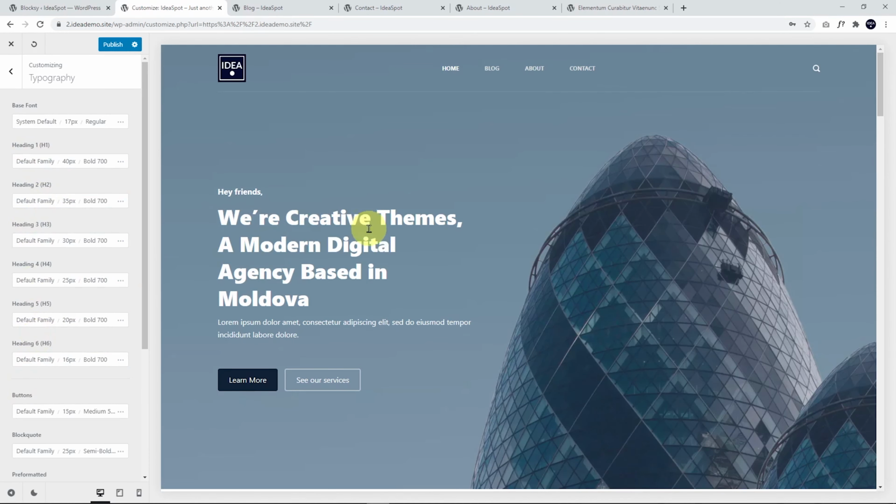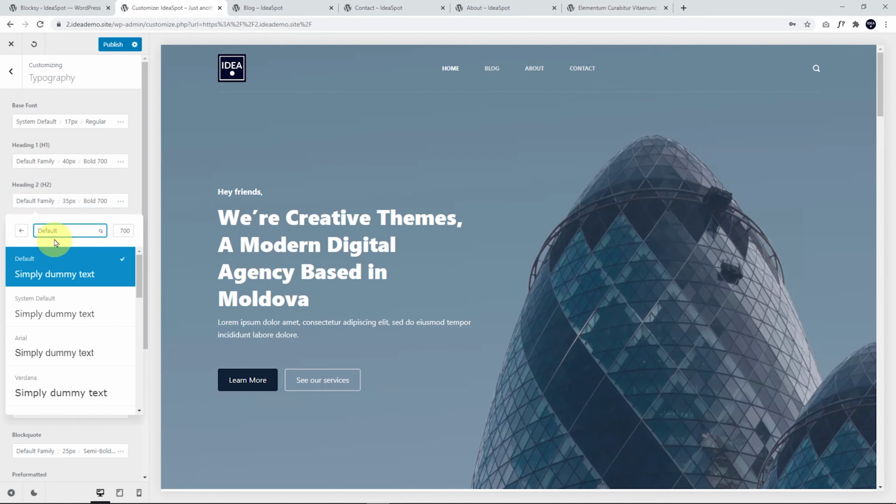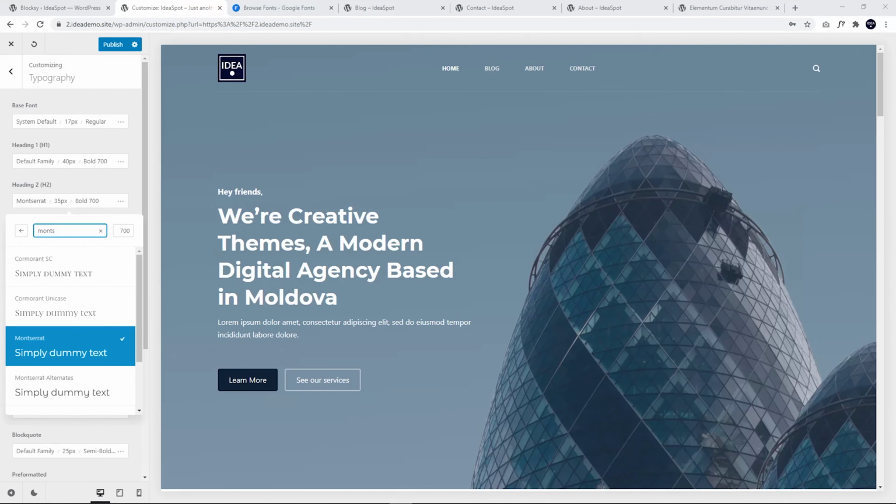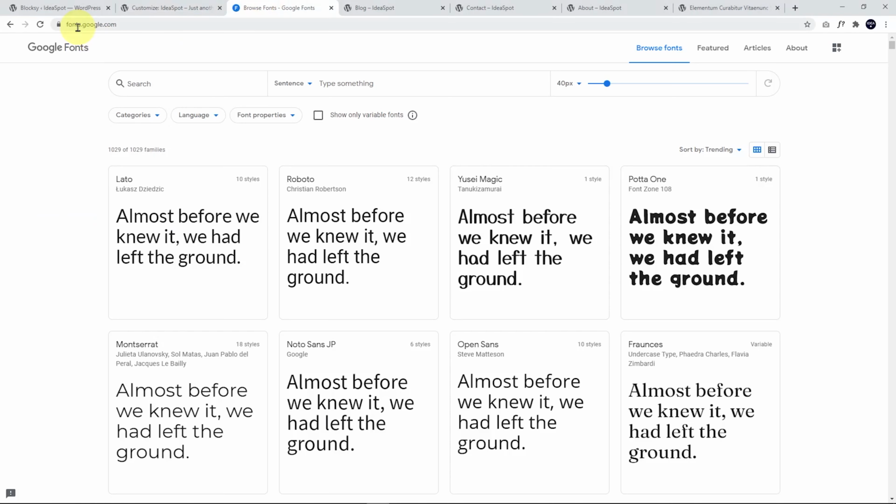I think this site uses mainly just H1, 2, and 3. I think this one's an H2. So if we change that H2 to, for example, let's go ahead and change it to Montserrat, shall we? There we go. If you wanted some inspiration, you could just head over to fonts.google.com and you'll get the trending